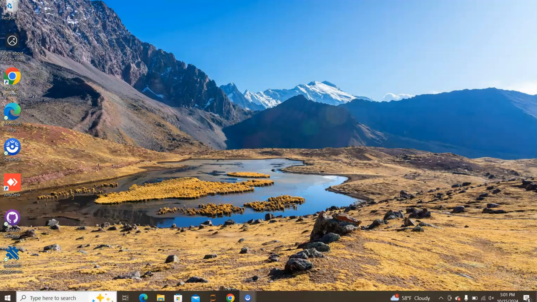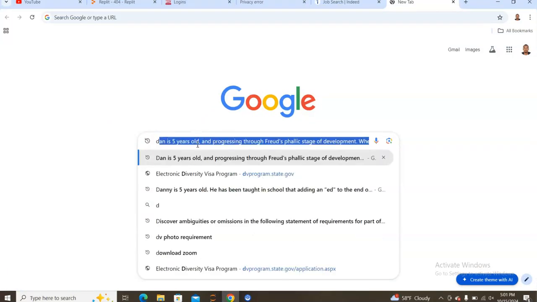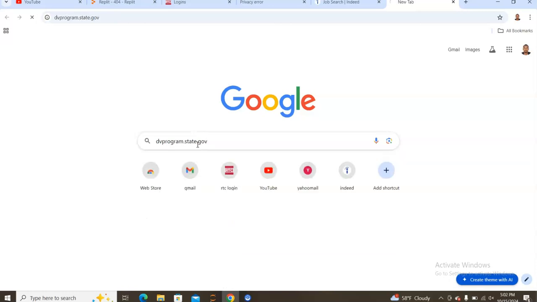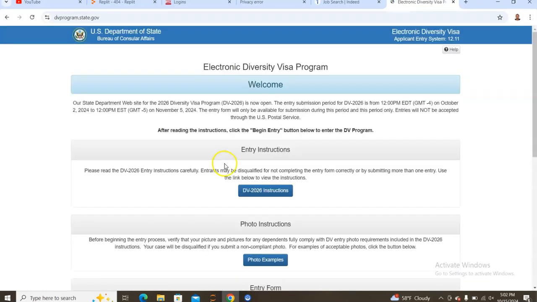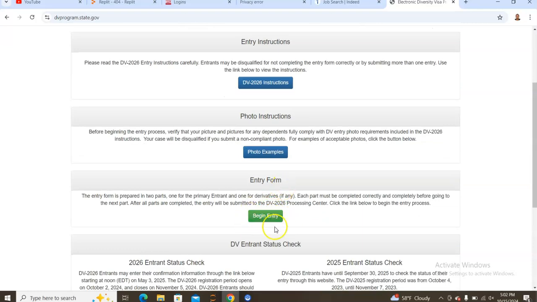So the first thing is you're going to come to your browser. When you open your browser, you're just going to type dv program dot state dot gov, and then you hit enter. So this one should be the screen that will show. So this is what we're interested in because we want to submit an entry. So we're gonna come here,